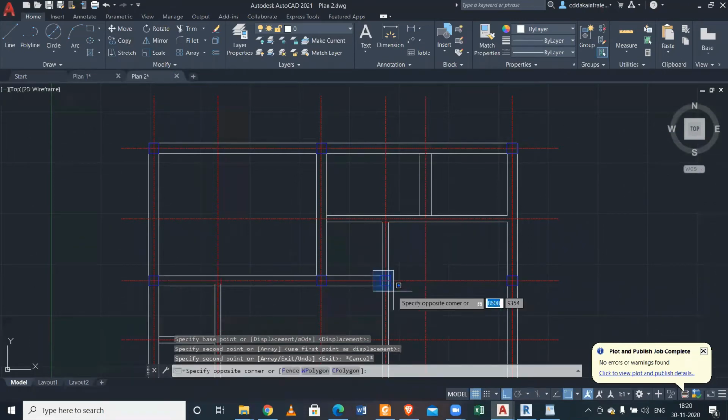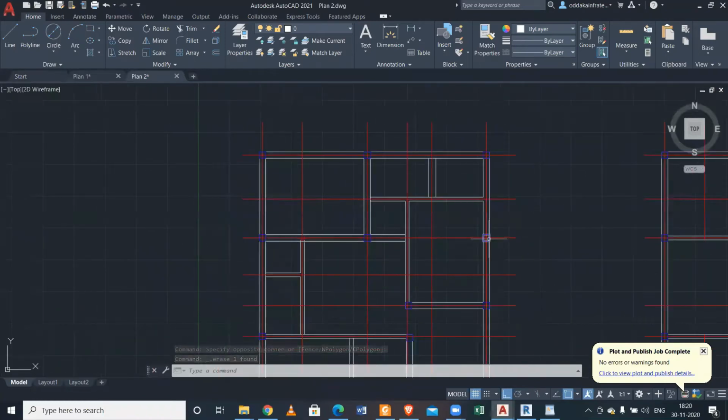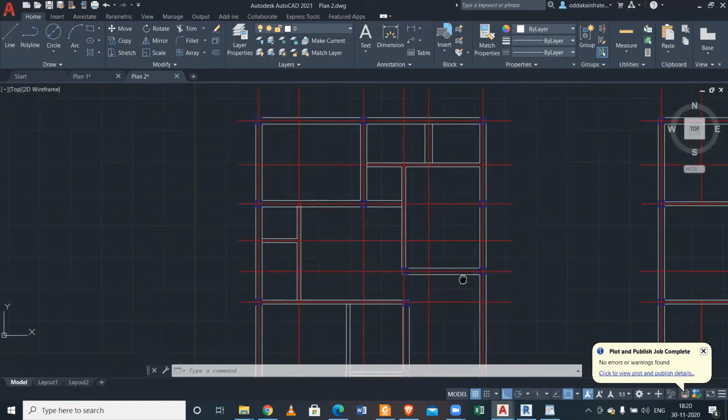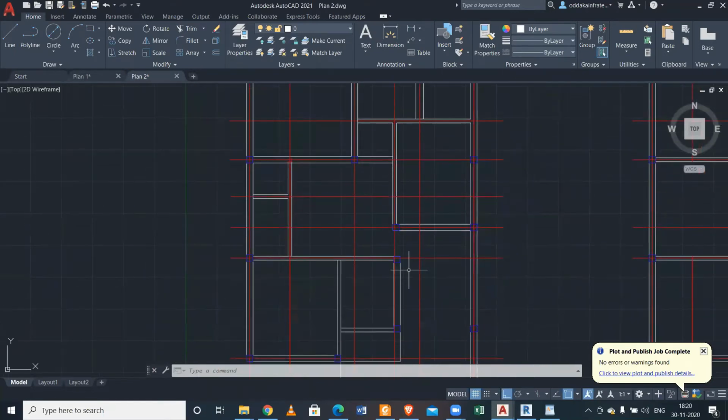We don't need it here, and this is right, because we need to provide a longer beam. Yes, this is the longer beam. We need to provide this here. This two is also right, and this one is not right. This one is good. This one is good. This one is good. This one is not required, so we'll put it here instead.